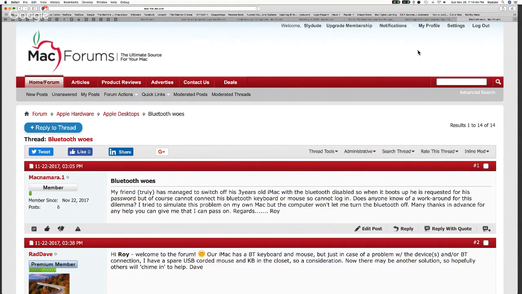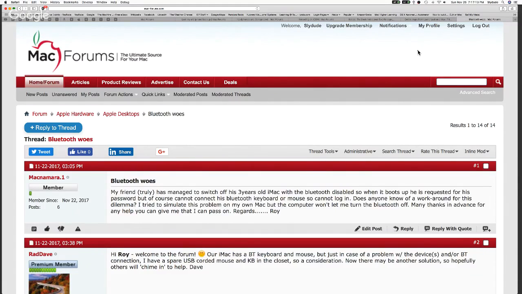One of the things that I have discovered, particularly on older machines, is that sometimes if you have to use one of the modifier keys on boot up, let's say, for example, you're holding down the Option key during boot up, on some Bluetooth keyboards, especially on older systems, those key presses are not recognized. And that can be a big deal if you're troubleshooting.